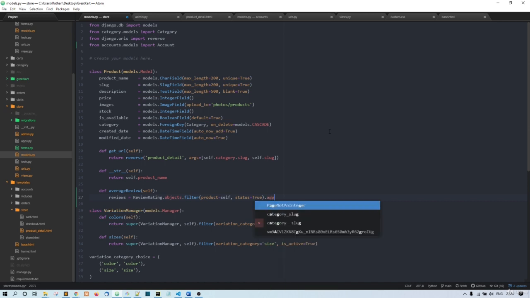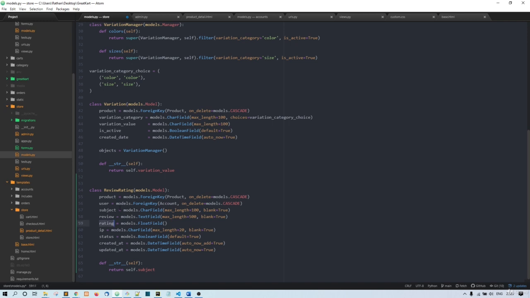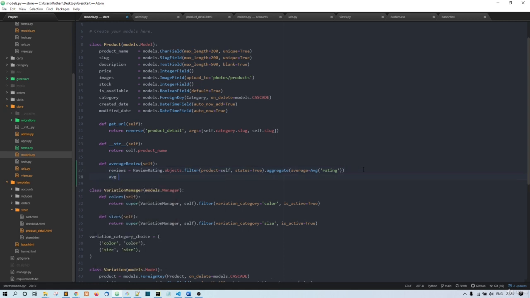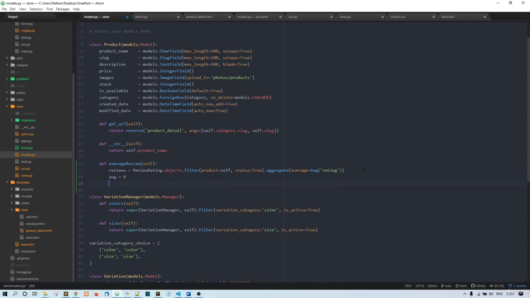Now type aggregate, and now you see average is equal to AVG of this rating. Which rating? This rating. We are putting that rating inside this average inbuilt function, so that's why it will give you the average. Now let's say average is equal to 0, so you should initialize this average. Now if reviews of average, put it inside the quotation, review average is not None,